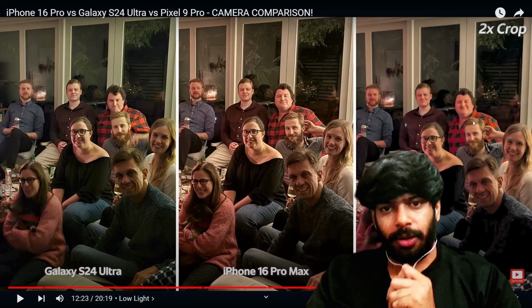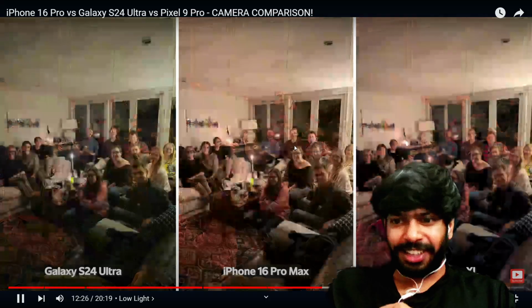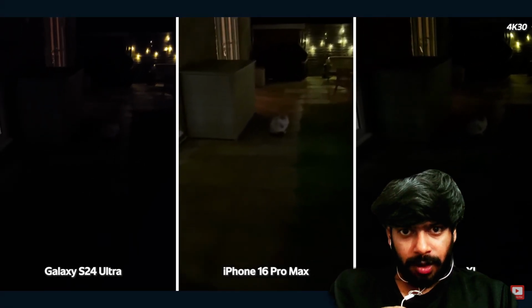It's kind of horrible, actually. The Pixel is a little soft, but on balance, I think it's produced the best low-light group photo here. But how about some super low-light video? Well, I can tell you there is a cat here, but you only know that really from the iPhone and